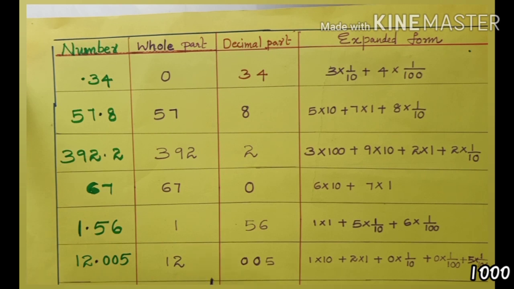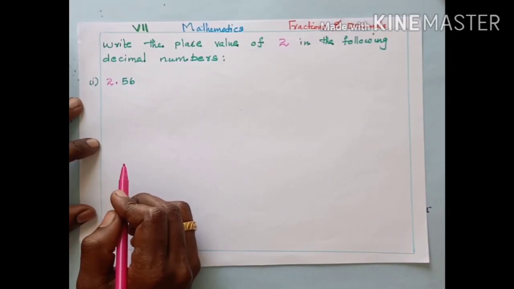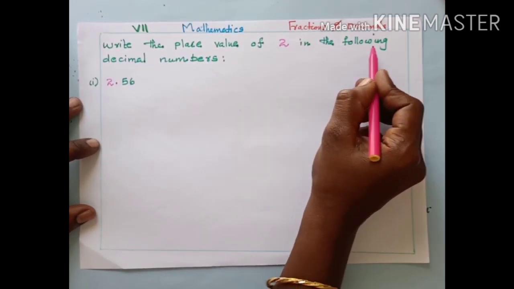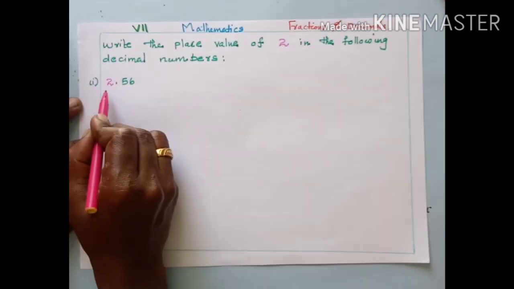Okay, these are the expanding places of decimal numbers. Clear, all of you? Okay students, let us do some problems. Write the place value of 2 in the following decimal numbers. First question,